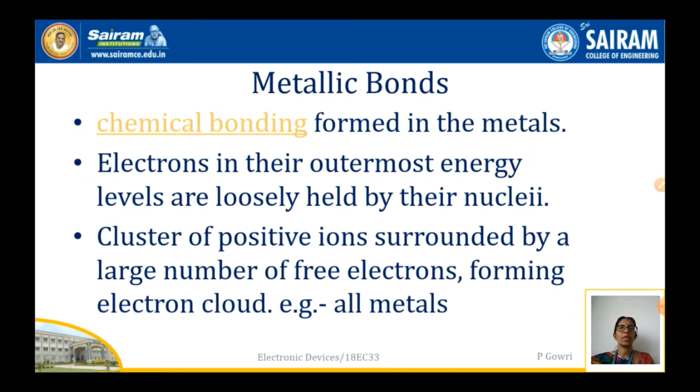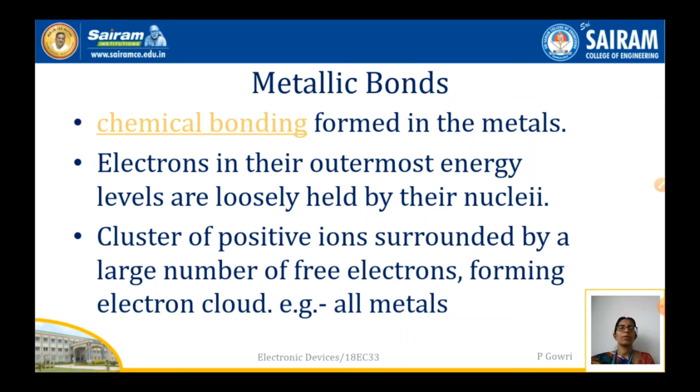So the next type of bonding is metallic bonding. In a metal atom, the outer electronic shell is partially filled, usually by no more than 3 electrons. As we have already discussed in ionic bonding, for sodium, which is a metal, the valence electron is 1. It has only 1 electron in the outer orbit. This electron is loosely bound and it is easily given up in ion formation.